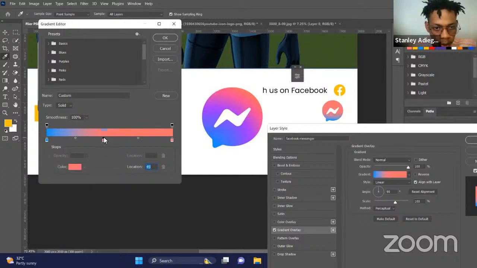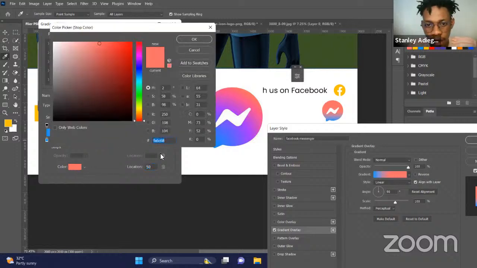Just click on it here. I'll do that again. You can see what it says there: click to add a stop. So just click just below it, and you've added a stop, right? Now the color of this stop is going to be purple, just like what we have in the icon here. So we're going to double click on it. Then we come to this color here, and